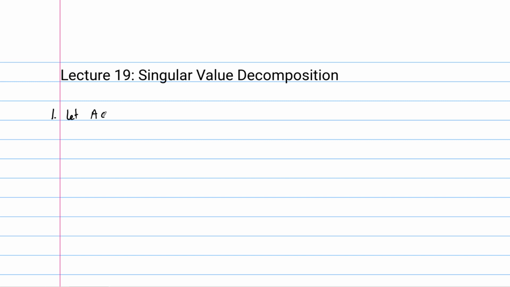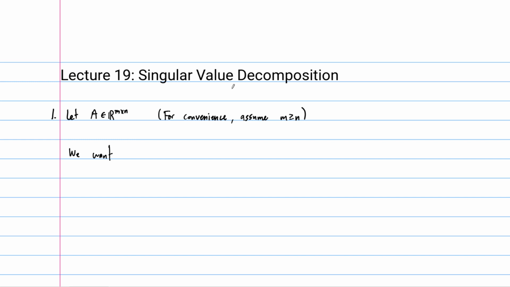decomposition, let's let A be an m by n matrix. And in general, the singular value decomposition works for any size matrix, but following the text, and this is just for convenience of the computations that we're going to outline soon here, let's assume that m is greater than or equal to n. So it'll be an exercise at the end of this lecture to think about what changes when m is less than n, and it's not going to be too much. So in general, all of the ideas that we discuss in this lecture will still hold when m is less than n. So the goal here is that we want to